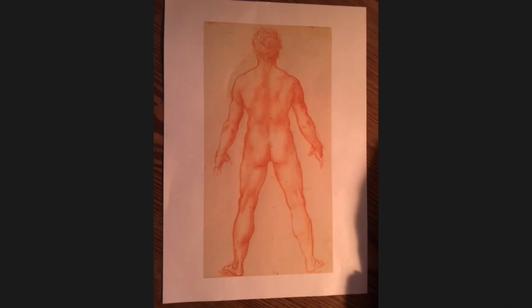get everything correct. And it is easier to measure with pencil from a real object as opposed to a printout, but I guess it is also quite similar, just maybe not so straight. Well, I'm sure it'll be fine. But yeah, so we're going to learn about the negative space, and the negative space is the space, for example,